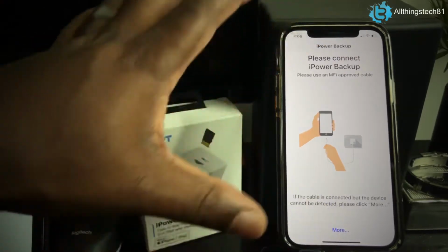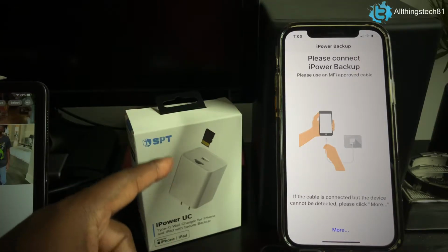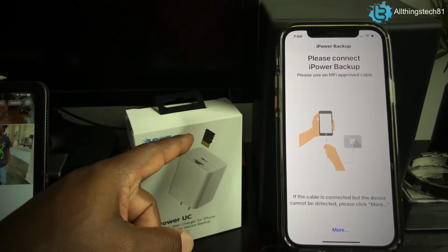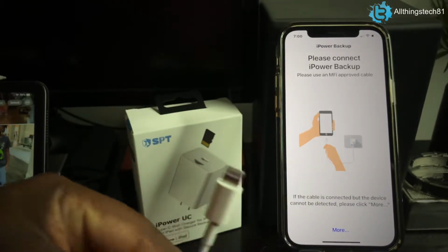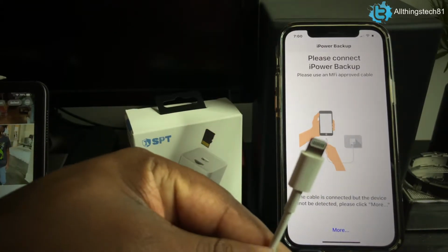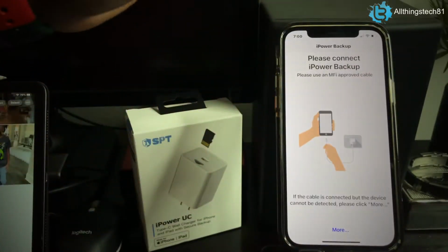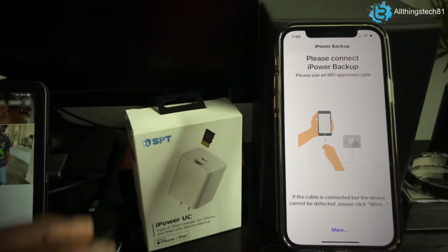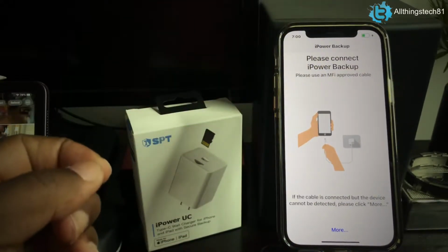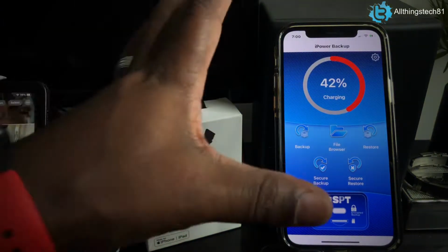So where we are right now is I just plugged in the outlet, the actual brick, and my 16 gigabyte micro SD chip. I have my lightning cable here connected to the USB-C down there, and I opened up the app already, and then once you plug it in, just like this, it should start to charge. It's charging, and once it's charging and I guess it starts to think a little bit, this screen will pop